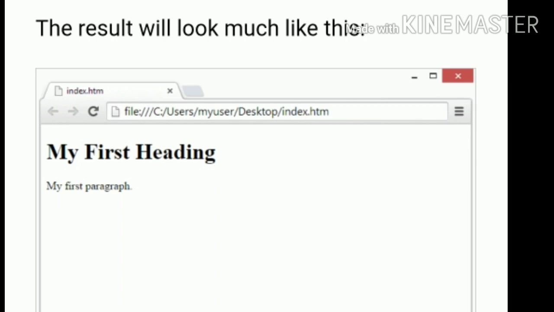After opening the body tag, you add an h1 tag, the heading tag: this is a heading. Then close the h1 tag. After that, open the p tag: this is a paragraph, then close the paragraph tag. Then close the body tag, and then close the html tag. After this, you can go to open the file.